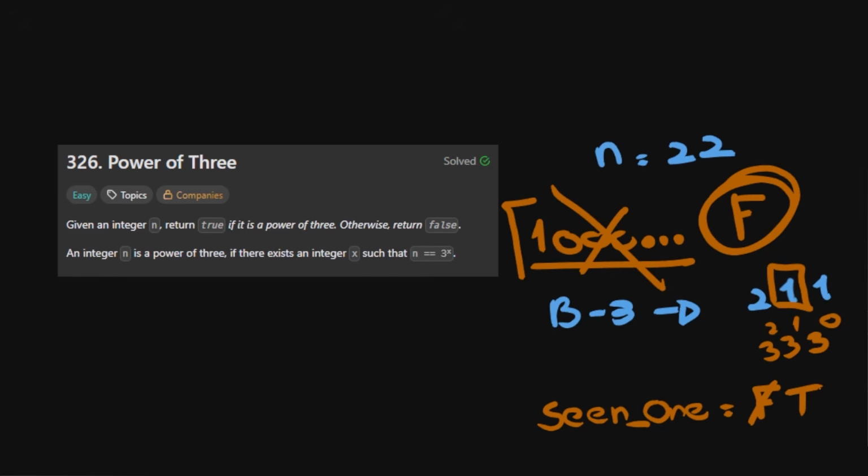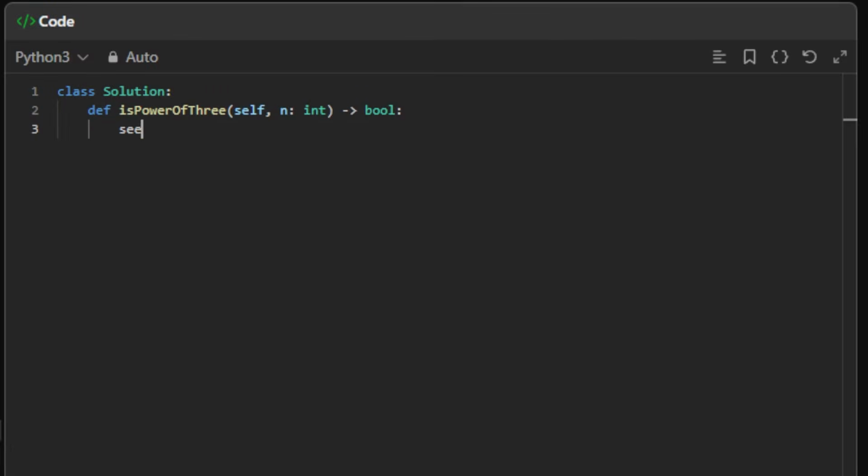Now, as I said before, if you understand this, you can try different ways to solve this problem. The main thing here is to understand this part. So now let's go with the code and hopefully you will get the idea. First we have our boolean seen1, and this is initially false. And now we are iterating every position in the base 10 representation of n. So we say while n, we reduce n, meaning n divided equal 3,